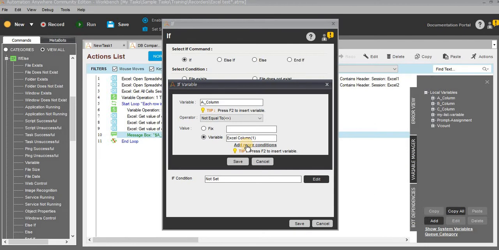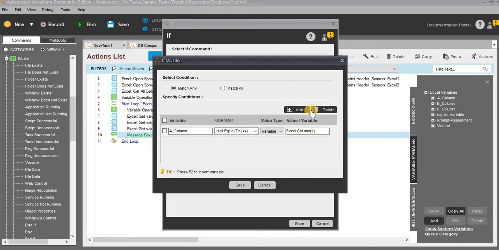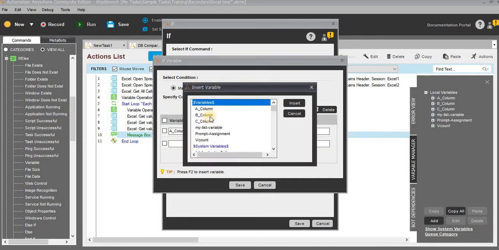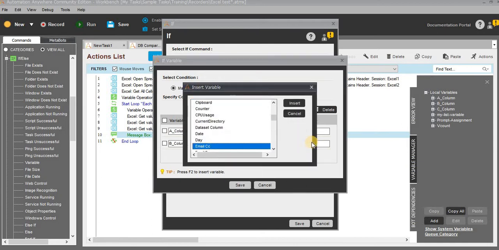We need to store some of the information, and we need to compare three items, right? A column, B column, and C column. So we need to add one more condition. Click on add, and here B column. Very simple. Excel2 B column, and operator not equals to, the same operator, and Excel column, this time Excel column 2.